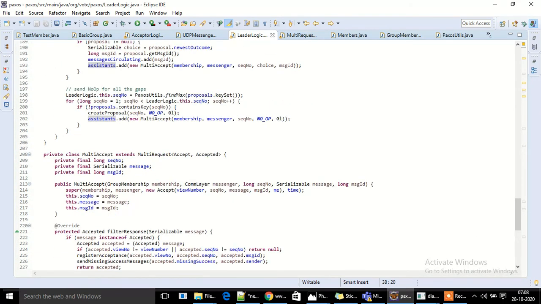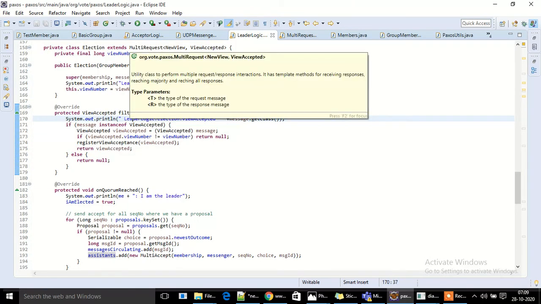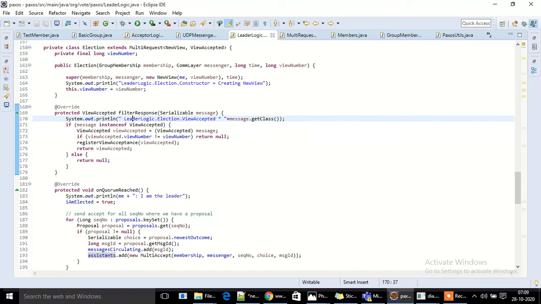The leader logic has an election class. As we saw in the constructor, we are creating an election class and saving it, so that it would be invoked when there are any other messages.